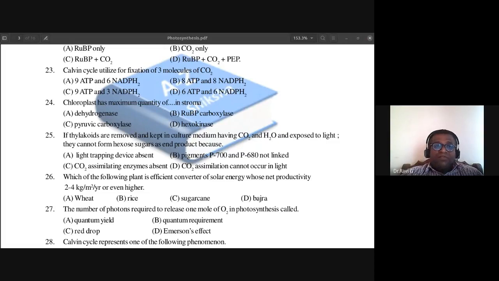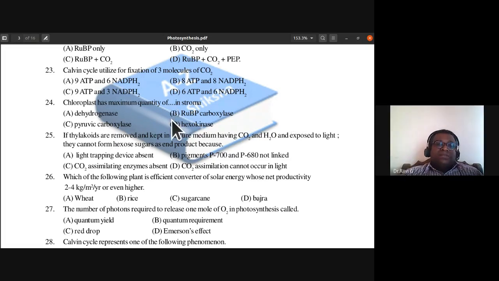So you have to make half of it. Okay, so it is 18 ATP. I have discussed that even during the class. 18 ATP and 6 NADPH2 for 6 molecules of carbon dioxide. For 3 molecules, it would be 9 ATP and 3 NADPH2. So 9 ATP and 3 NADPH2 is the energy required for fixing 3 molecules of carbon dioxide. So you should read the question properly, or else you might end up in trouble. For 6 molecules of carbon dioxide during the Calvin cycle, they require 18 ATP and 6 NADPH2.